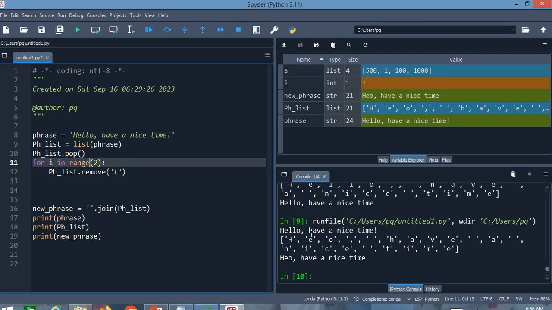You can see that this was our first phrase. This is our list here, which does not include any L, and this is our new phrase. Okay, this is our new phrase, and we want to put this T here after this E. Okay, so we should